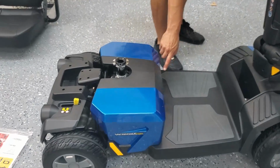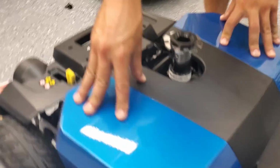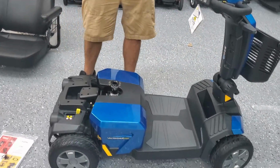Those two slots are right here. There's two little inserts, so I'm going to take it out again. You can see those two little rivets and the slots there at the bottom of the base. You want to make sure those are lined up first, and then the back just falls into place pretty easily. So now that the unit has power connected to the controller, if we turn it on,